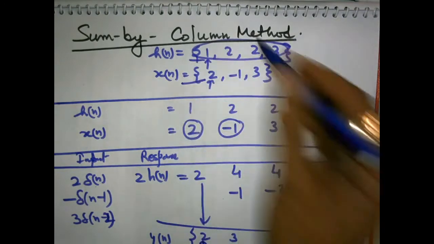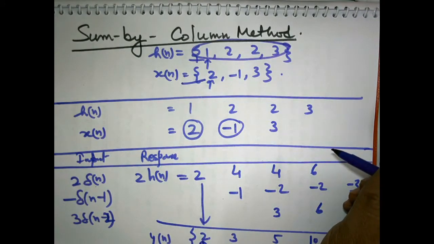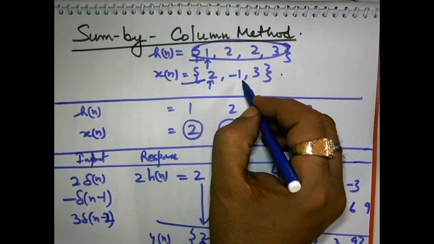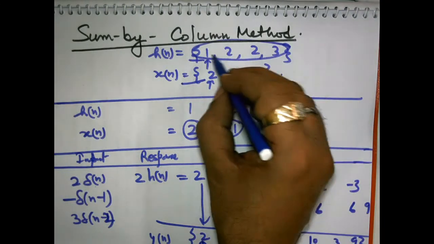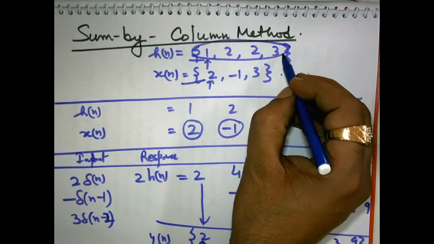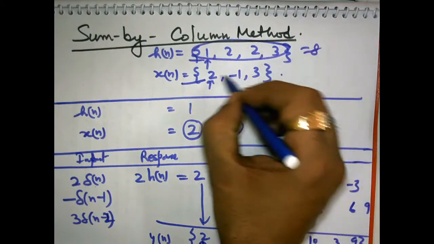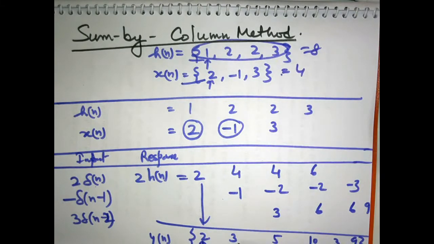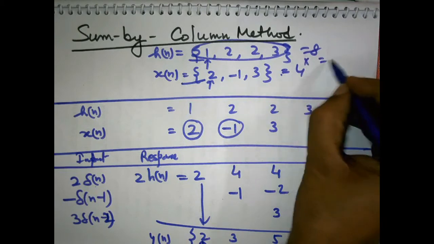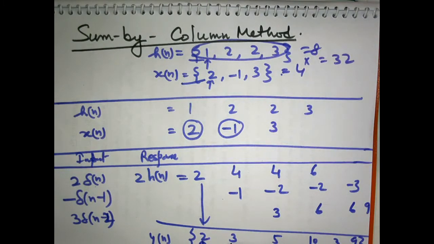The number of samples in hn is 4 and the number of samples in xn is 3. 4 plus 3 is 7, so the total number of samples in this will be 6. Okay. Now, as a check by the product method, you have to add all the values. This means 3, 5, 8, okay. And here it is 4, and 8 multiplied by 4 is 32, and here 5, 10, 20, 23 and 32. Okay.